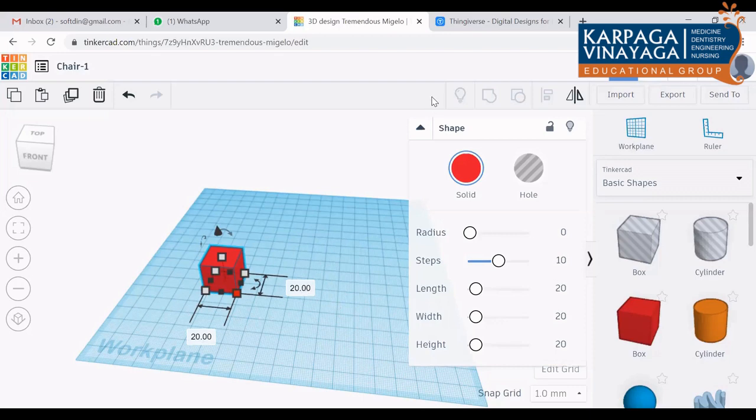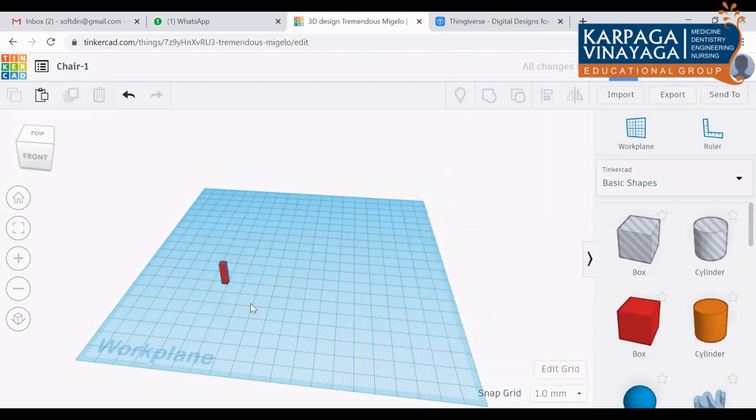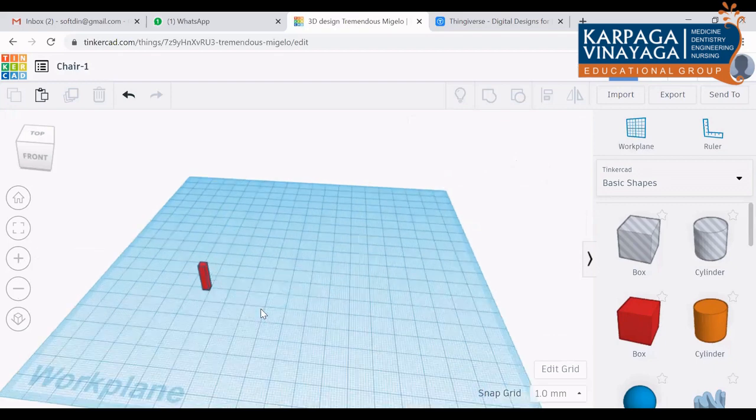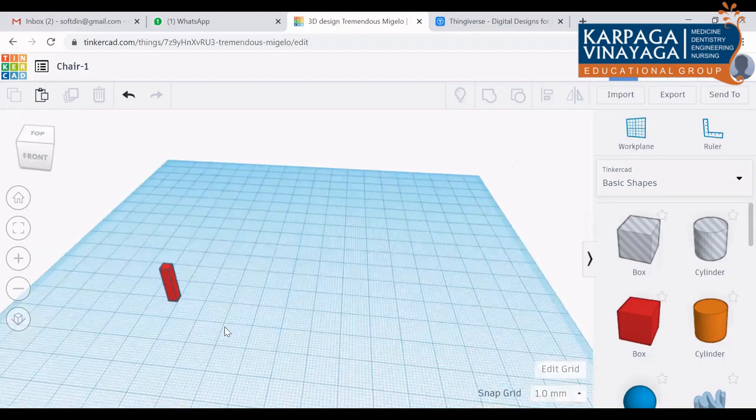You can also see a pop-up where you can change the length, width and height of this rectangle. Place your mouse here and change them. Since I am going to design the leg of the chair, initially I am taking the length as 3 mm, the width as 3 mm and the height as 15 mm. Okay, so you will get it like this. If you want to enlarge this, there is a plus or minus option here, or you can scroll with your mouse. Whatever you want, you can do.